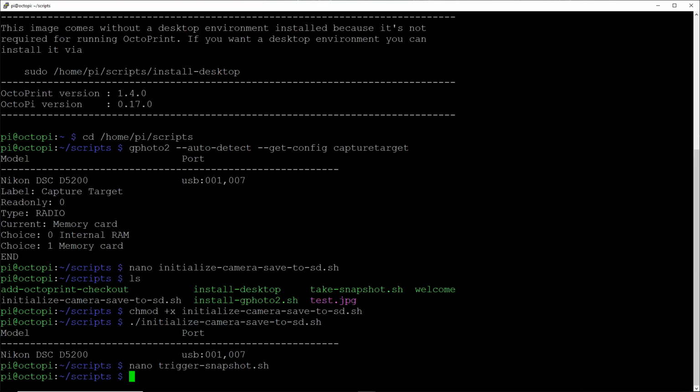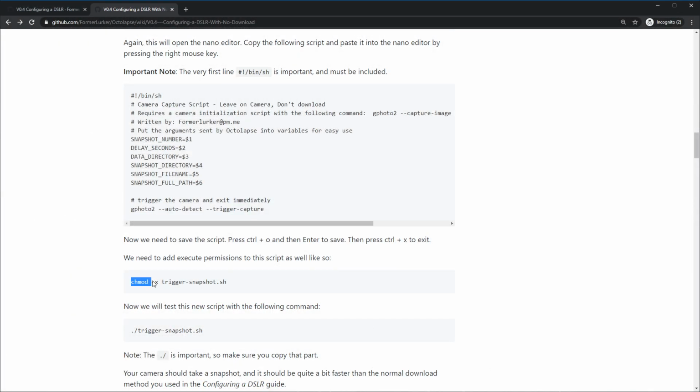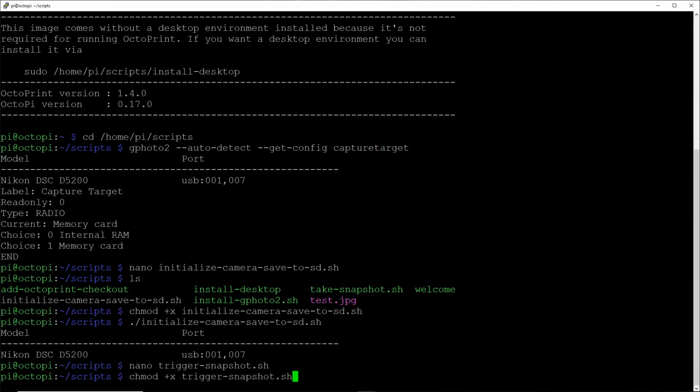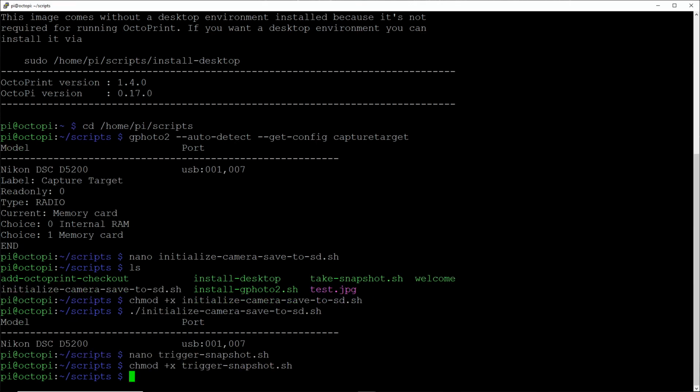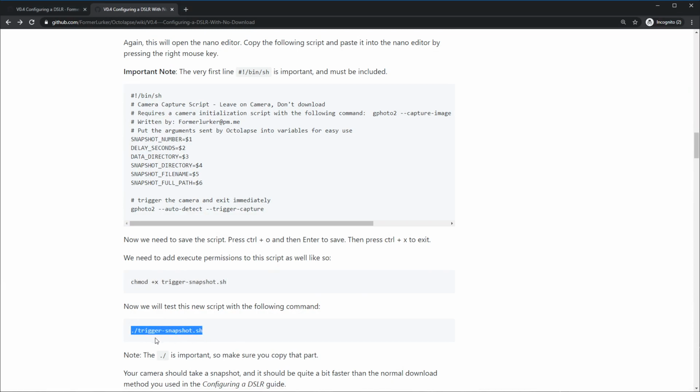So now again, just like the other script we made, we need to give this script executable permissions. And if you switch to the wiki, I have a chmod, another one, to add executable permission to the trigger snapshot script. So copy that out, switch back to the terminal, paste it in, hit enter, and now your script is executable. So the next thing we're going to do is test that script and make sure it runs without errors. So if you go back to the wiki, just copy that next line. It's run trigger snapshot from the current directory. So we'll copy that all out,